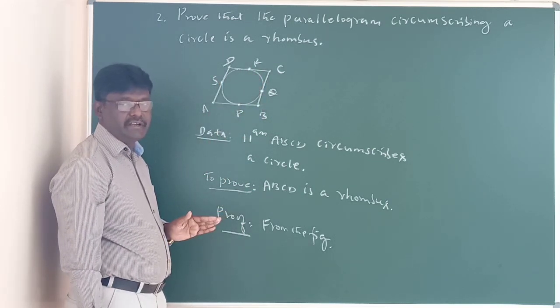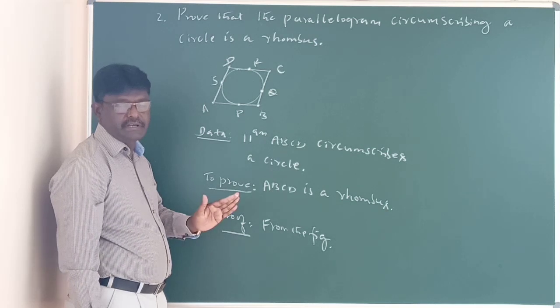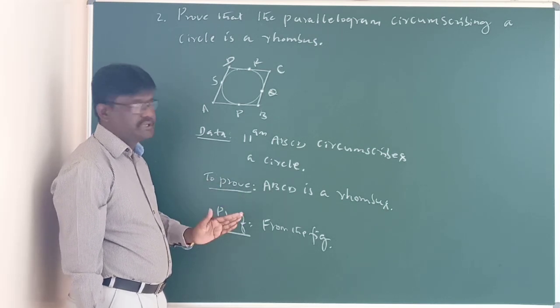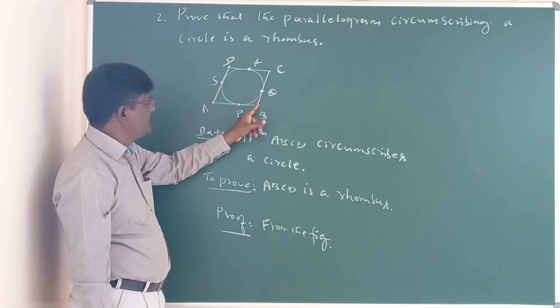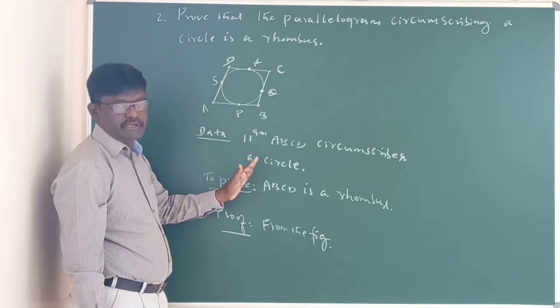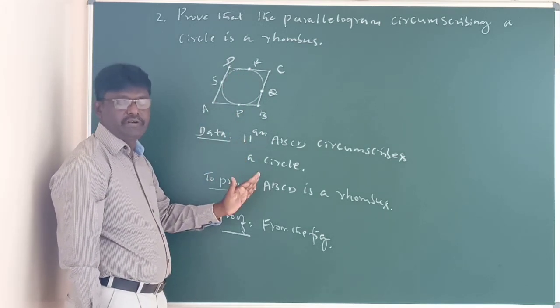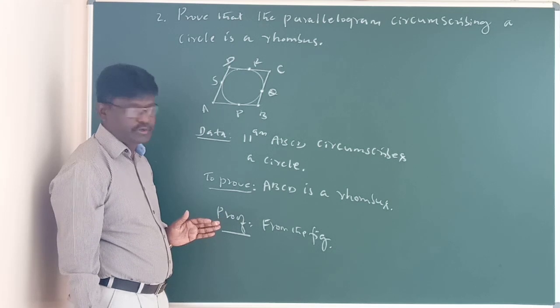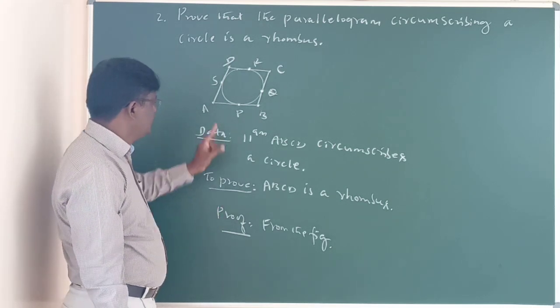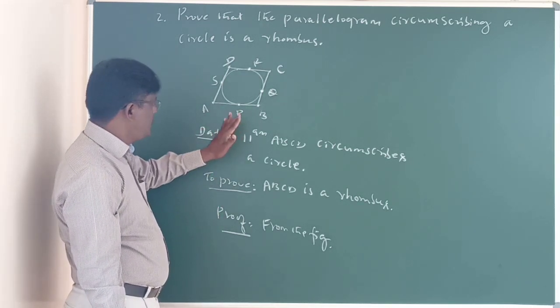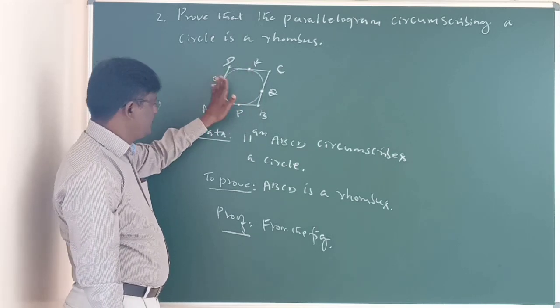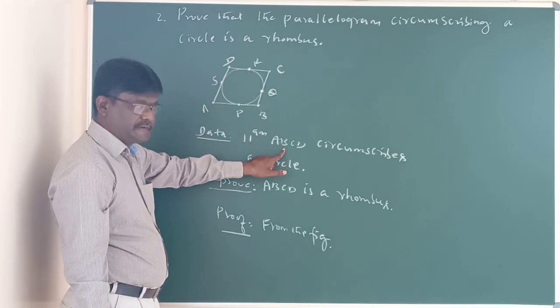Why? Because regarding angles, there is no difference at all. In both rhombus as well as parallelogram, opposite angles are equal. So now, if we prove that all the sides are equal in this ABCD,